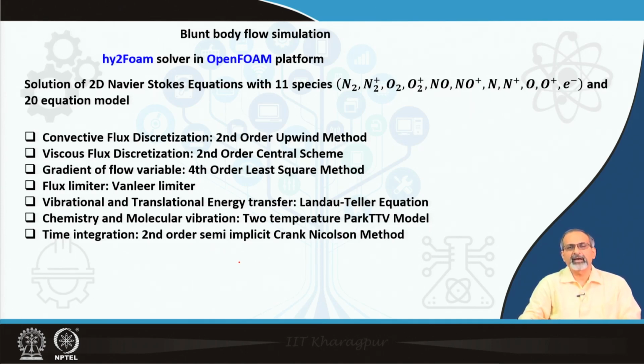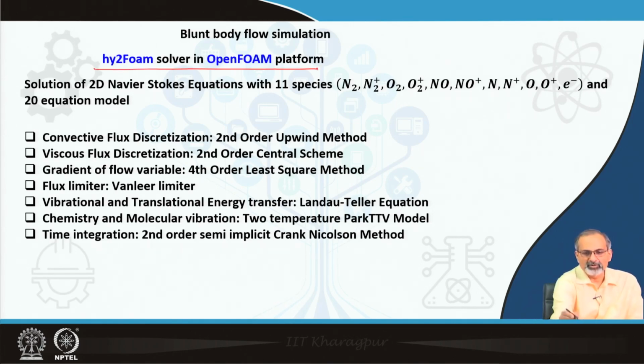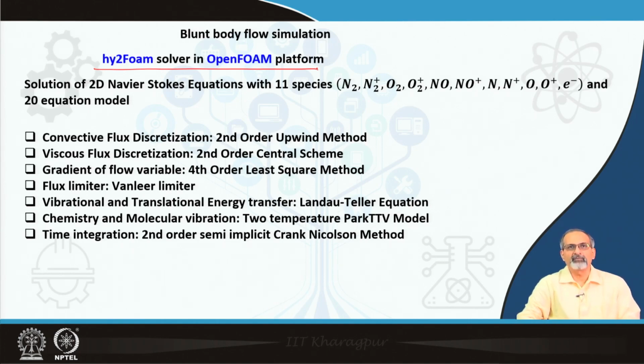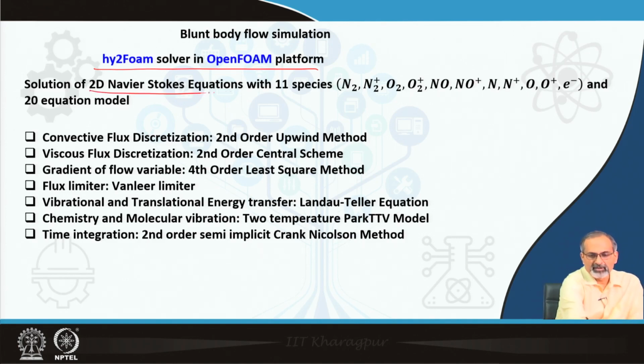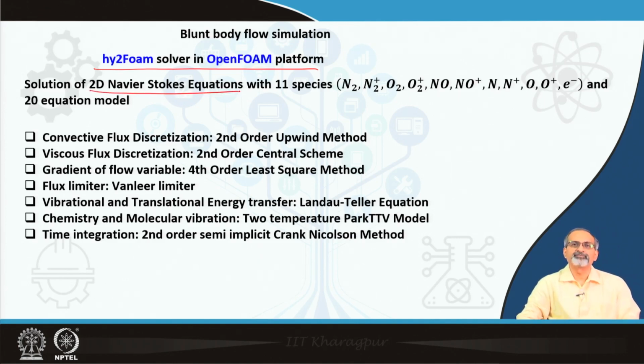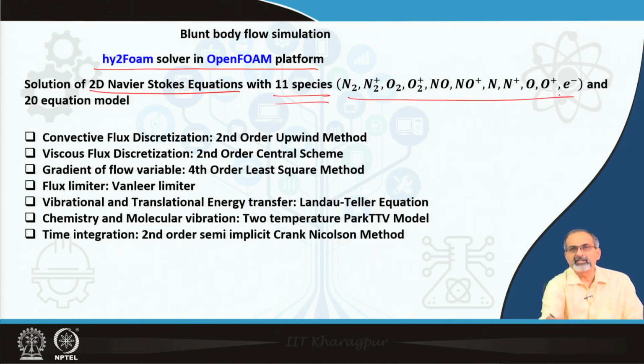This is a slide which we had a look at several weeks back, where we talked about the hy2Foam solver in the OpenFOAM platform simulating Euler equations in the previous case, but now being used for 2D Navier-Stokes equations as well as Euler equations as separate cases. So, we would try to look at both inviscid as well as viscous results with 11 species model, where all the species are mentioned here, and with 20 equation model, that means 20 chemical reactions considered, and the details of